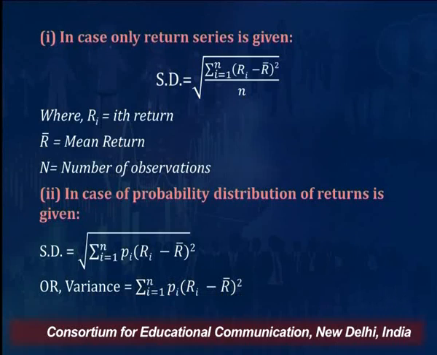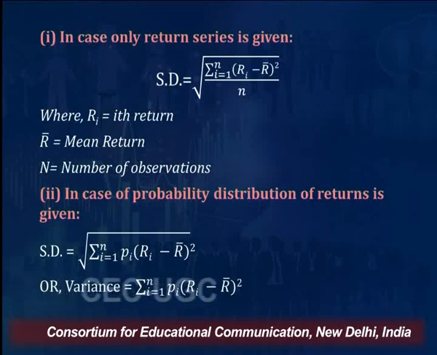So while calculating standard deviation, this formula is being used. By following this formula, you can calculate the quantum of risk associated with it. As I was saying, standard deviation is the most popular method of calculating, of measuring the risk, right? So in case there is a probability assigned to the distribution of the returns,